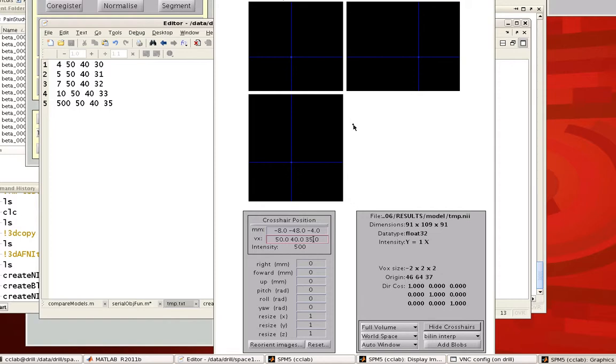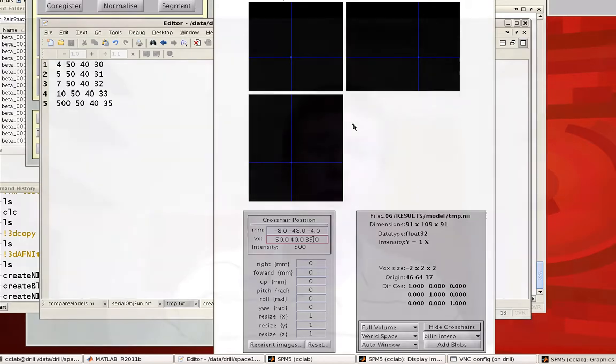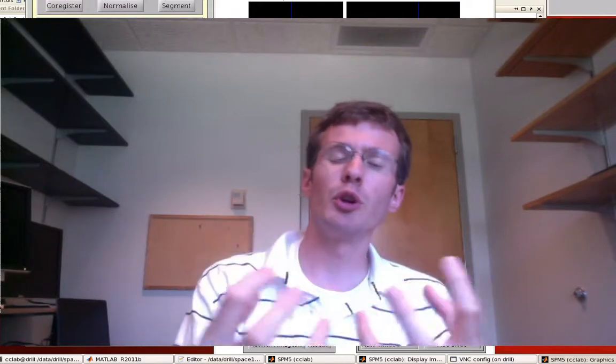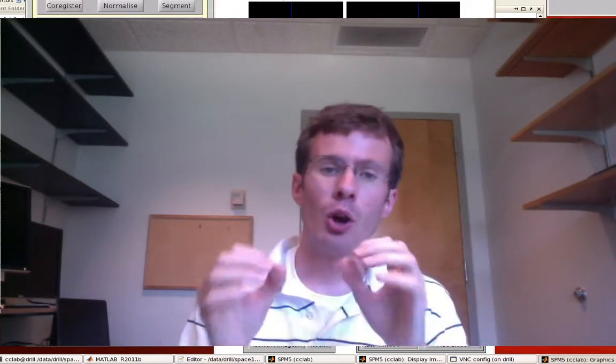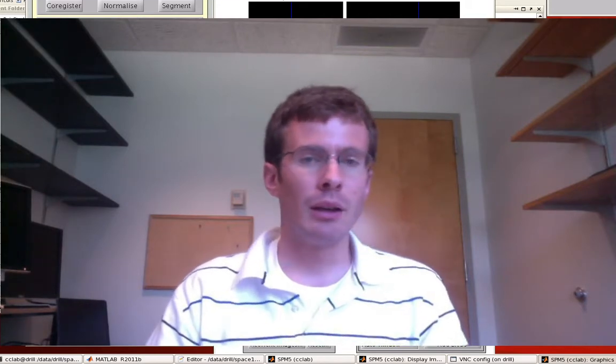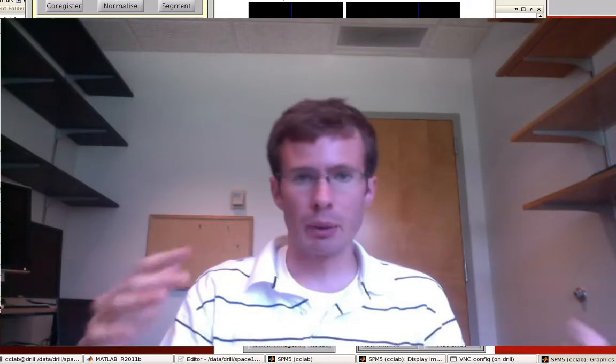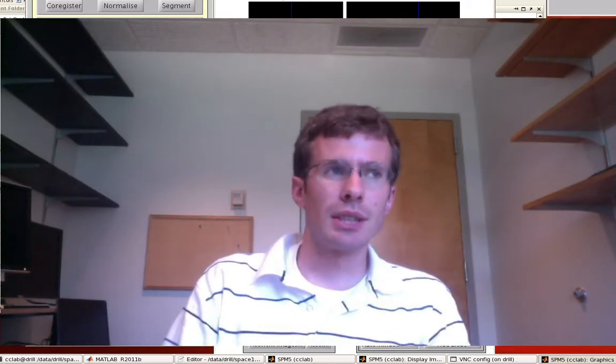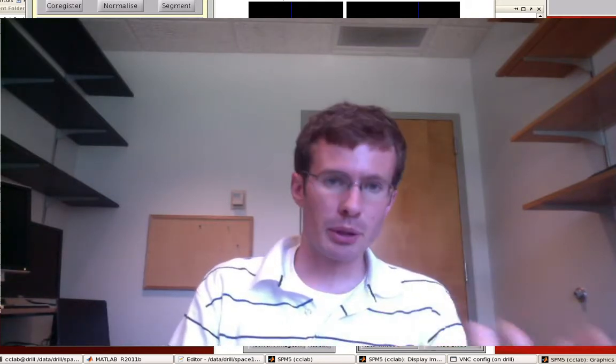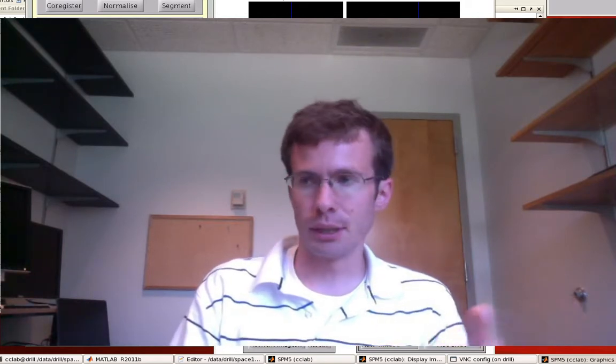So those are a couple useful tools you can use. Really, it's just to build your intuition about what's going on with these NIFTI files and how you can manipulate them using MATLAB. You can also see how this can be very easily abused if people want to create and falsify data. It can be used for either good or bad, but in this case I hope it's more of a learning tool than something you'd use to make fraudulent